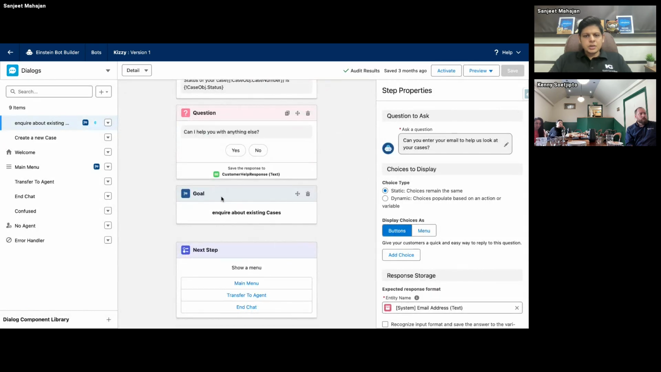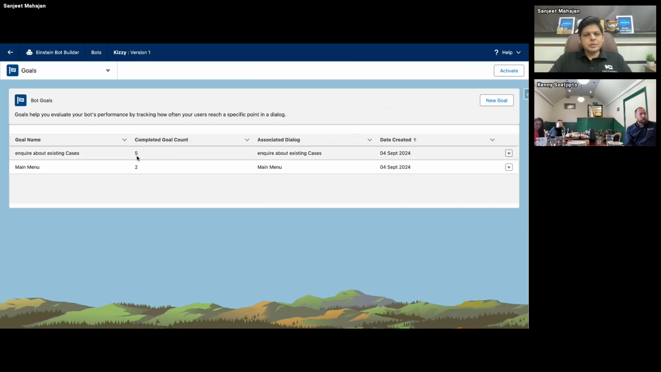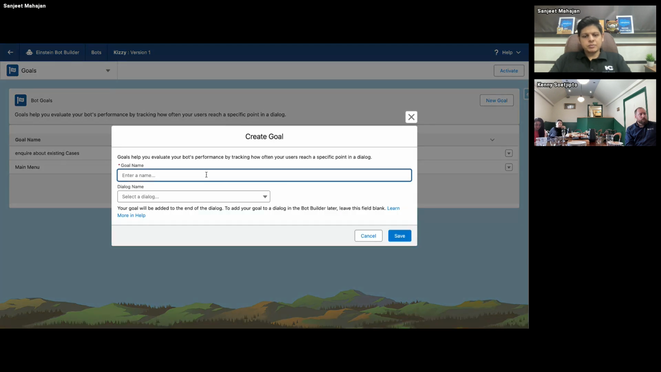You see the goal is added here. If somebody reaches this stage, it means that they have achieved this particular goal, "inquire about existing cases," and it will increase the count automatically here on the goal. So this helps you track how many times somebody is reaching goals, and helps you modify the bot for better efficiency. And you can easily go here and give the name, say, probably agent transfer,